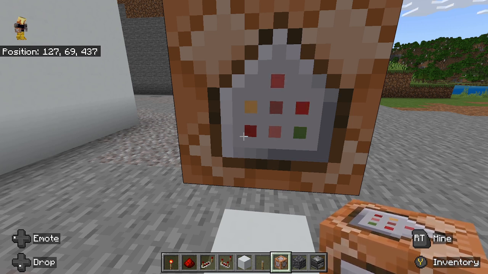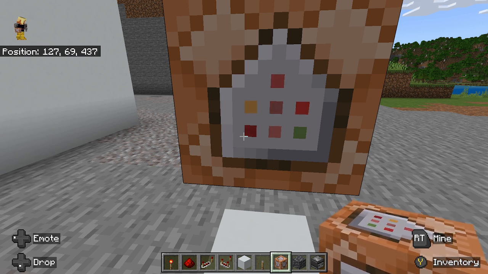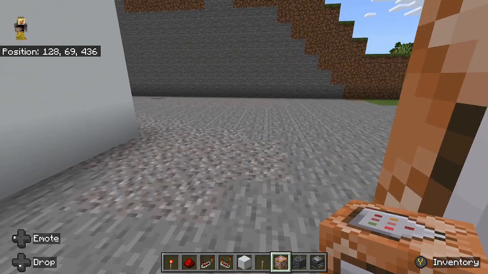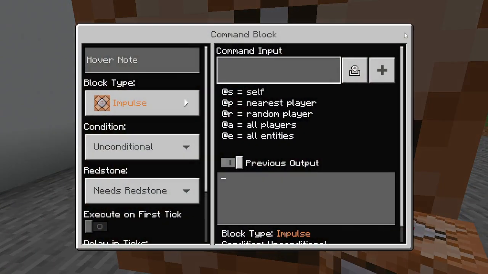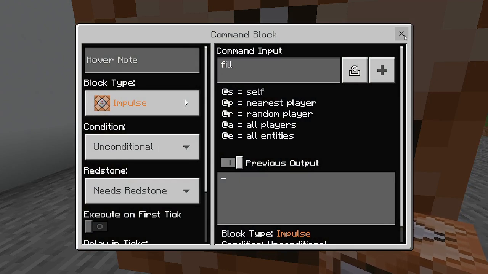So I am going to take a quick picture because I have a very poor memory for numbers. And that'll be at 128. So now, in here, we're going to put fill, and then we're going to put those coordinates in. In this case, it'll be 128, 69,